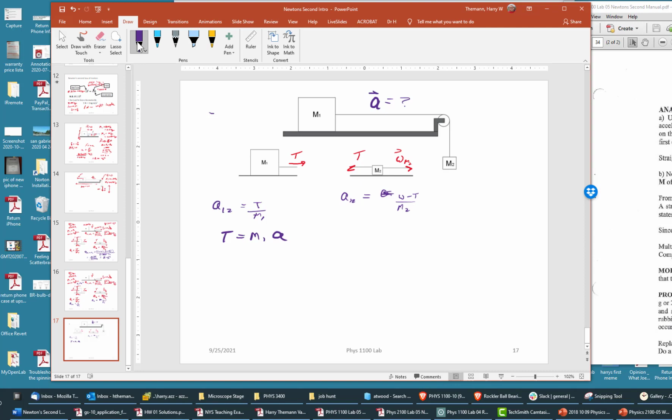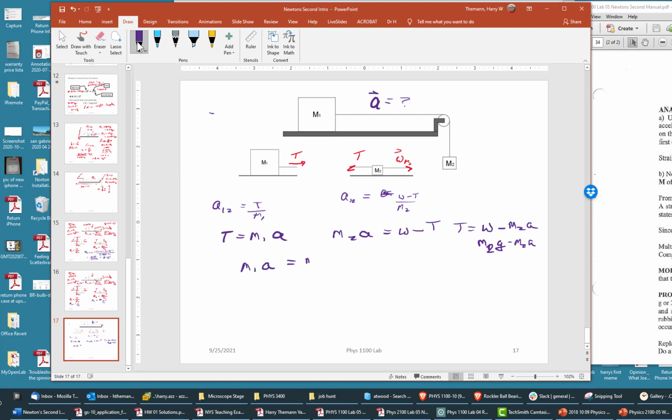And in this case, M2A equals weight minus T. So that tells me that T equals W minus M2 times A. So then we also know that that's M2 G minus M2A. So, of course, T equals T, so we can say M1A